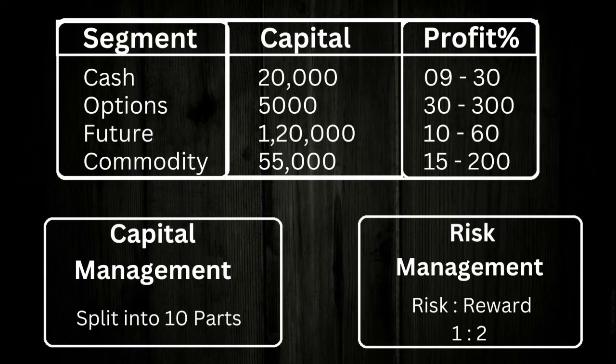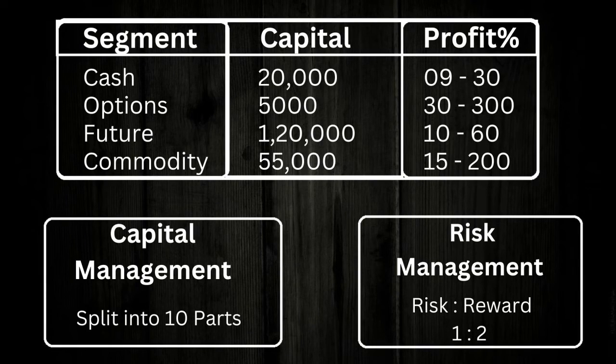Risk management. This plays a very crucial role in the stock market. Everyone has to know the importance of risk management. It is totally connected to the risk reward ratio. Whenever you take a trade in the stock market, there are 3 important things. First is entry, the price at which you are taking the trade. Second is stop loss, the difference between your entry price and your holding range if the market goes in the reverse direction. And target, the price at which you are trying to book your profit.